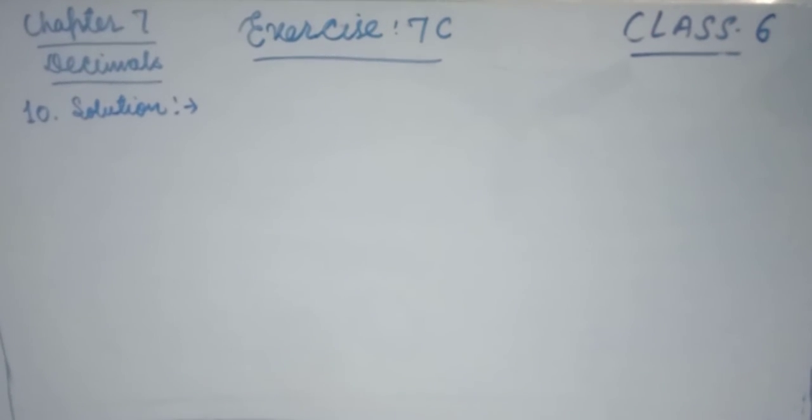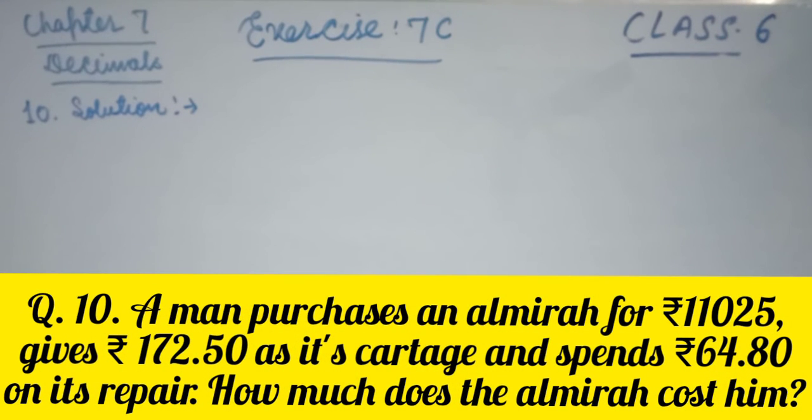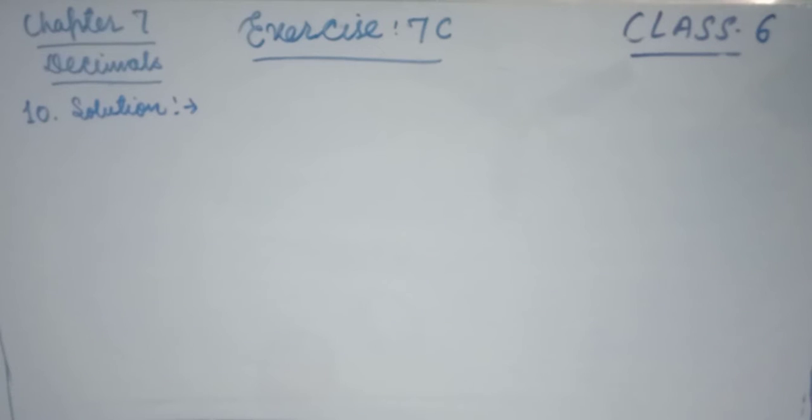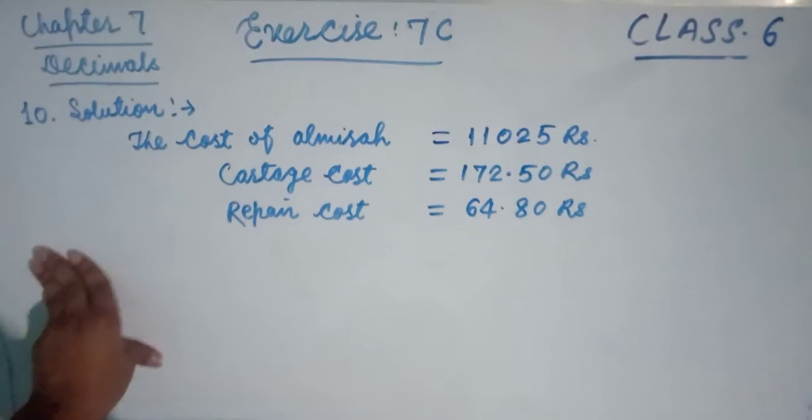Now as you can see the question number 10 on the screen friends, and the question says a man purchases an Almirah for rupees 11,025 and gives 172.50 rupees as its charge for his cartage and spends 64.80 rupees on its repair. How much does the Almirah cost him? Very simple question. We have to add their values. Now friends, see